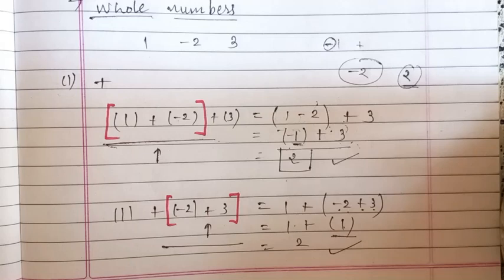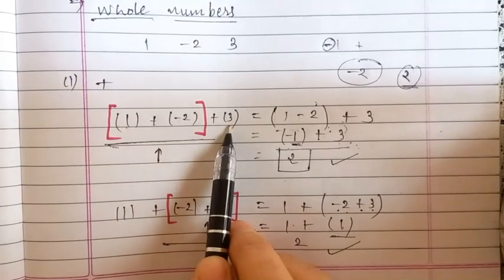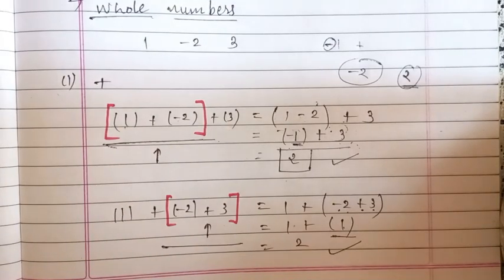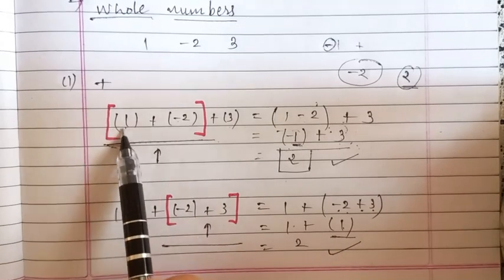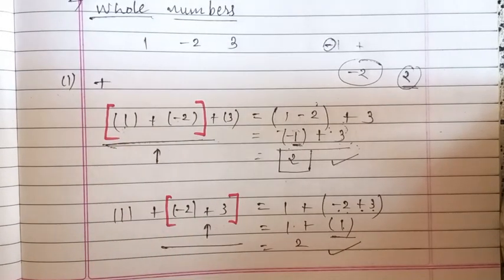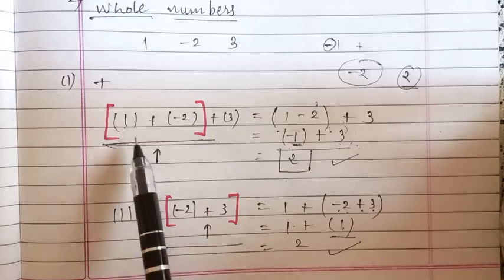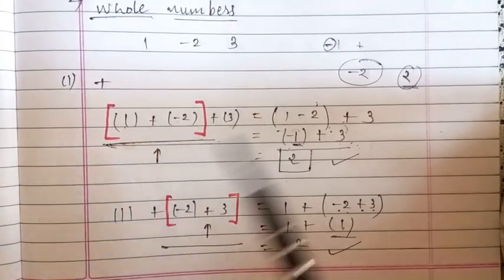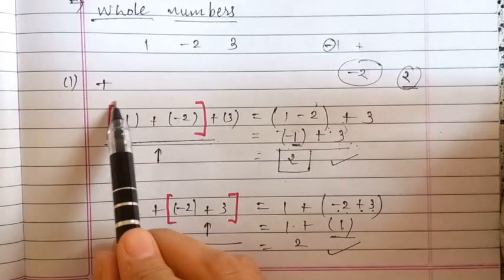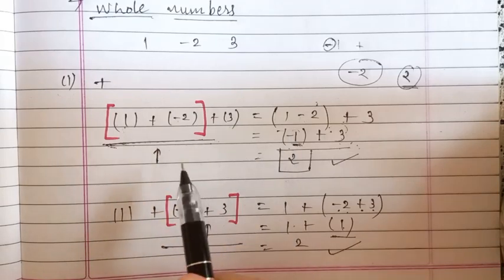And you may be thinking that we can also make a group of 1 and 3, but in associativity you must not change the order. If you make a group of 1 and 3, then you change the order. So whenever you are asked to prove the associative property, always make a group of the first two and then the second two. Making a group means firstly you have to proceed with